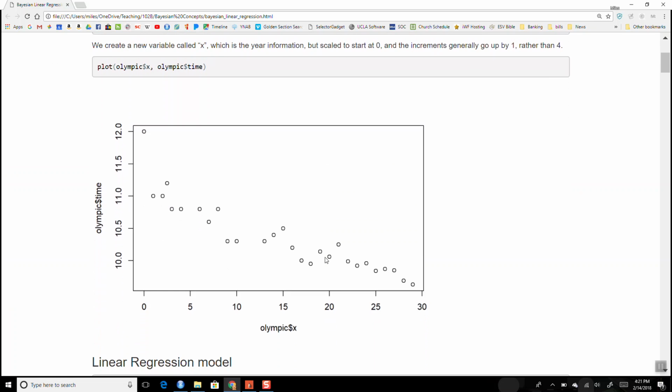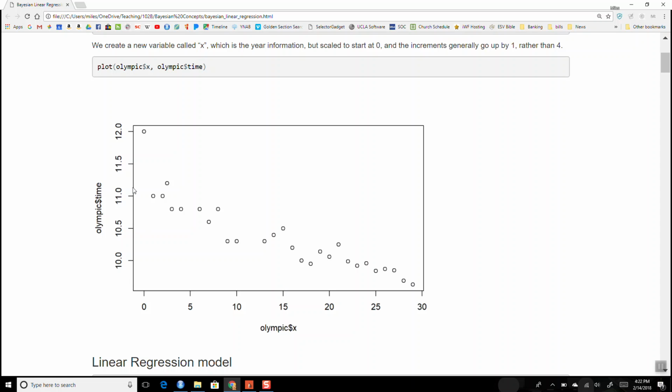Here X is basically the Olympic event that was held. The very first one was 1896, and then 1900, and we scaled them by 4. So this is what we see. I guess the latest one was Olympics 29 or something,